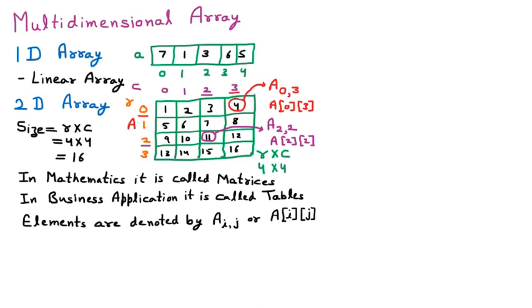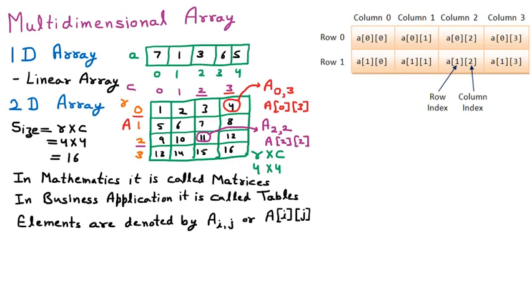Now talking about the two orders in the 2D array, one is the row major order and the second one is the column major order. But before that, I am taking one more example to make you understand 2D arrays. So now this one is the example of a 2D array. You can see that there are two rows. One is row 0 and one is row 1. So two rows are there.